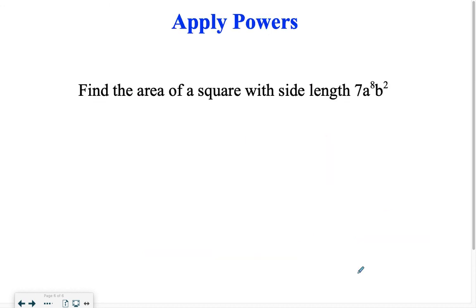All right, last question for today. Find the area of a square. So let's quickly review. A square would be,